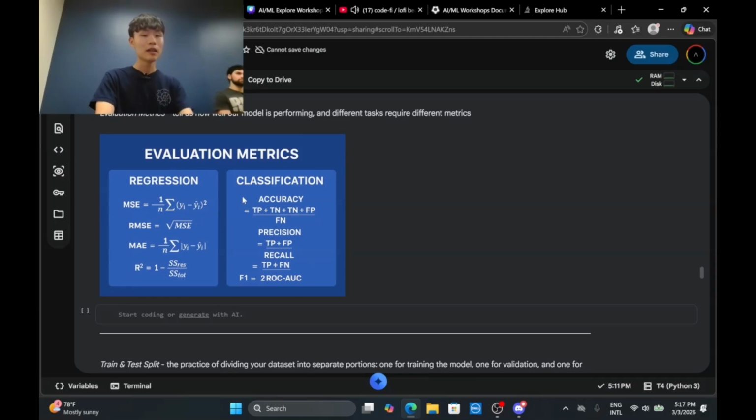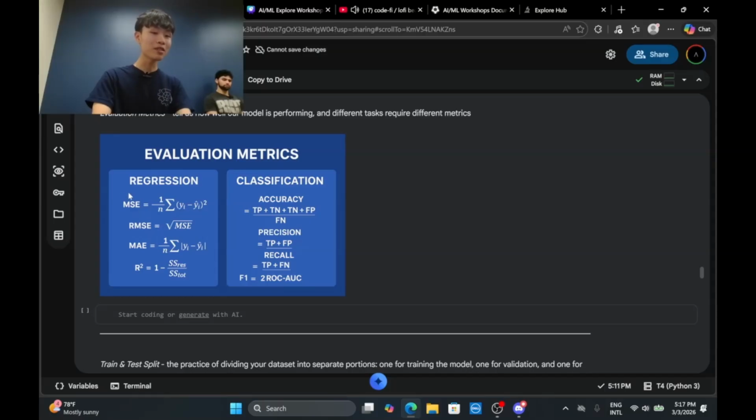But going deeper into evaluation metrics, on the left side we have regression evaluation metrics, and on the right side we have classification evaluation metrics. All of these are performing the same idea, but the number we use from each one of them depends on the case, where we need to interpret the model in a different way.